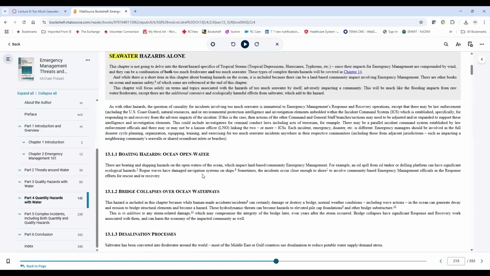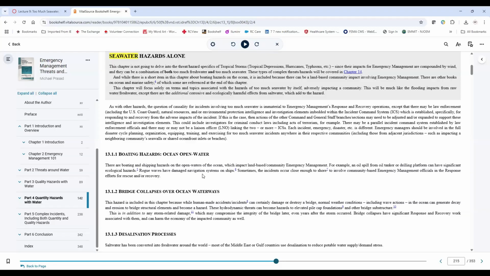And then next up is the alphabetic listing of hazards, and we've got the boating hazards. What are the water related hazards that are caused? Certainly a ship having a problem or an oil rig having a problem is the case.